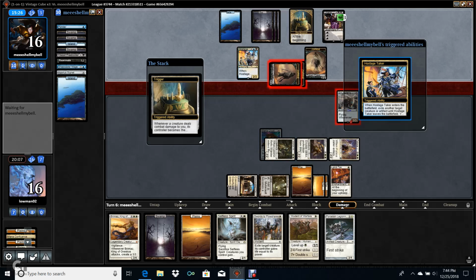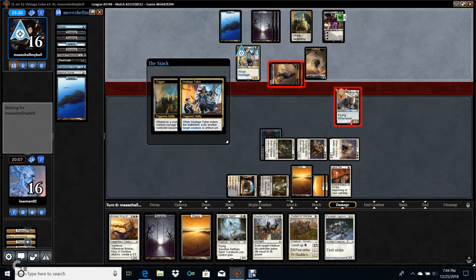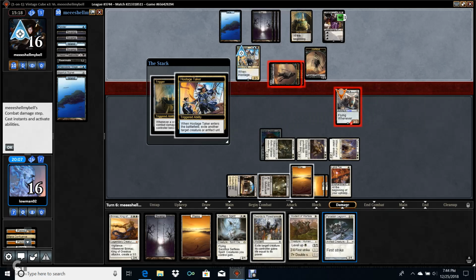Not optimally played by me. I acknowledge fully that I made a mistake with Smuggler's Copter. I don't know what I was thinking. I was like, oh, it's an artifact. It has Summoning Sickness too. So I screwed this play up because I could have double blocked or blocked two things and then pierced something. All right, so